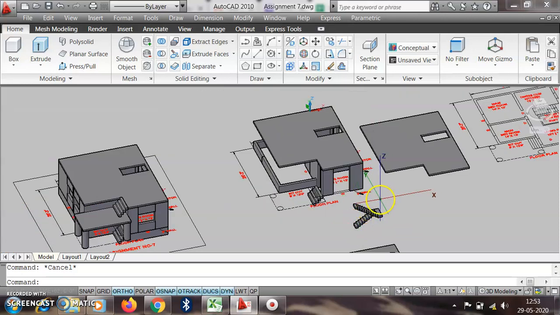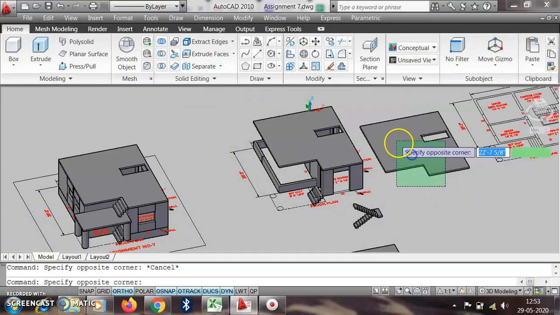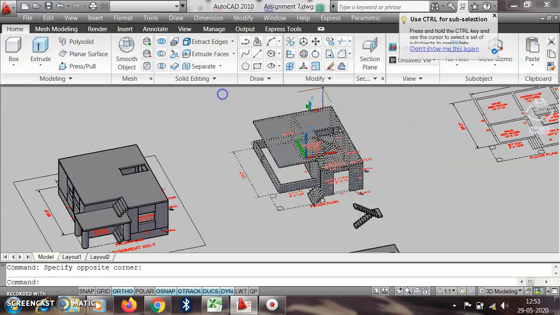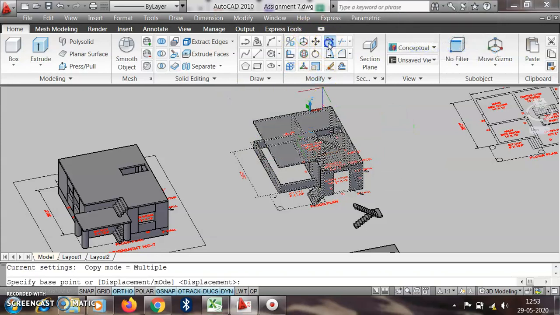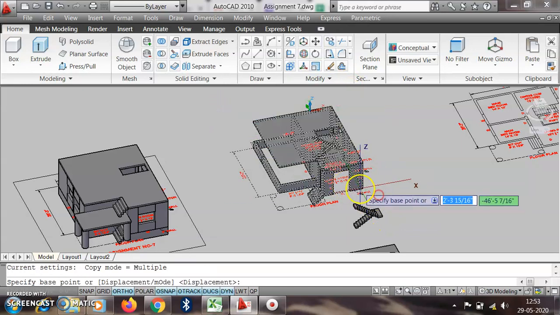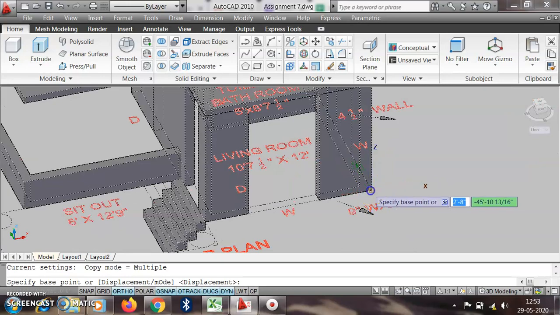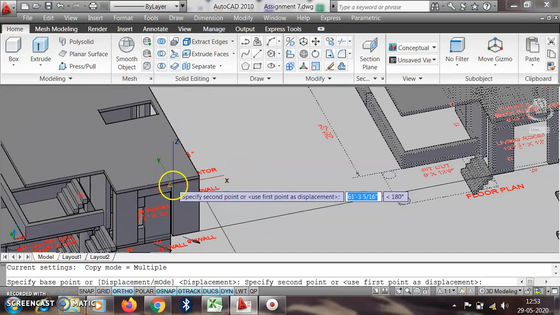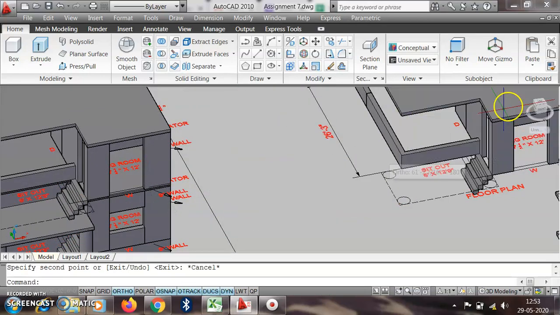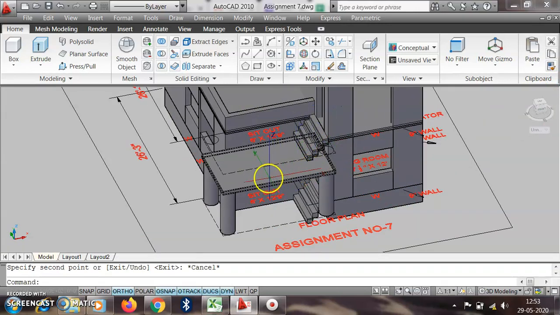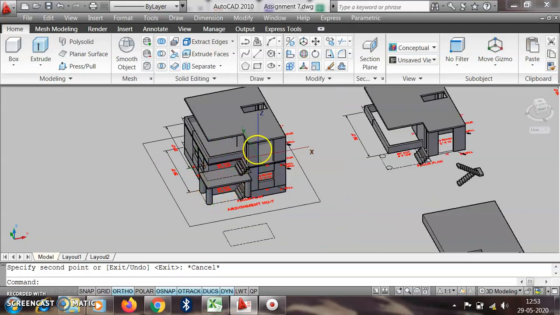So we can copy all these things, and from this lower corner we shift or copy all this part at the required point. So in this way our G+1 building is finalized here, and the decoration part will be done one by one.